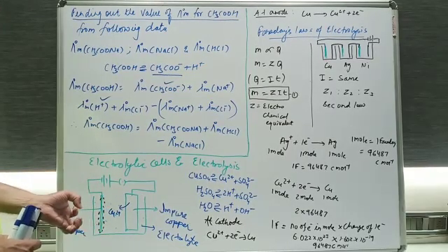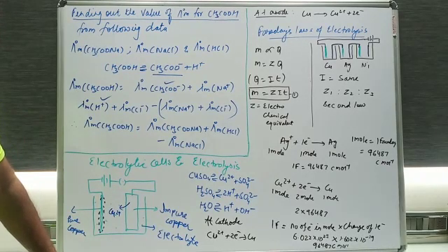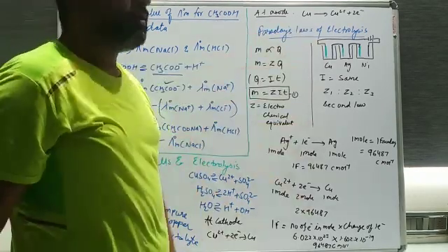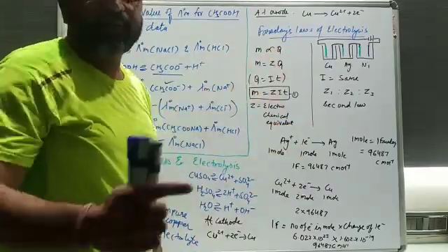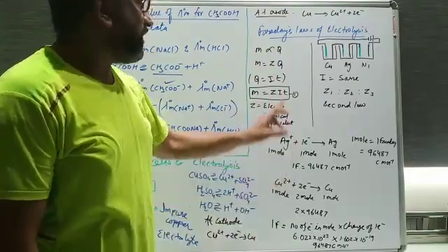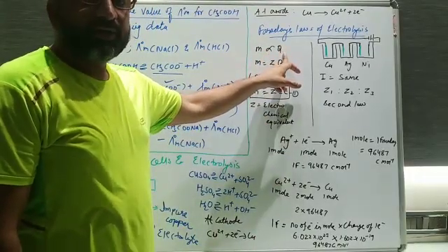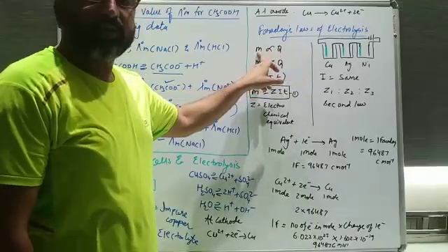So from that Faraday derived two laws, and these are called Faraday's laws of electrolysis. The first one, as I told you, is that the mass deposited on the cathode will depend upon the charge. So I have taken this equation: mass is directly proportional to Q. Q is the charge. So the more the charge, the more mass will be deposited on the cathode.